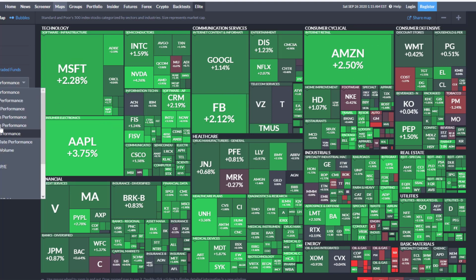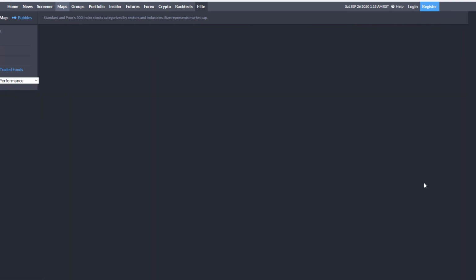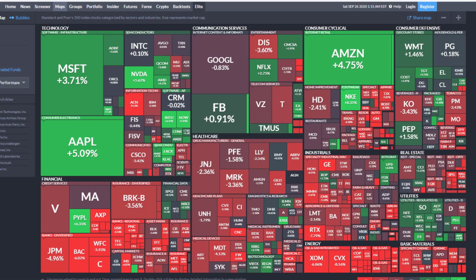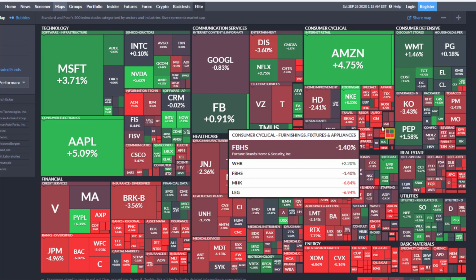When we select on the heat map though, what happened over the last week, things become a little bit different. So we actually had an increase in Microsoft, Apple, and Amazon, but a decrease in Google and barely flat on Facebook. So really across the board, if you actually look at the S&P 500, it's been weaker than the Nasdaq over the last week. Overall, almost every sector was down except for utilities and some of those FANG stocks and tech stocks that have been bought pretty heavily. And we expect this to probably continue unless the market makes a series of higher highs. And we'll talk about that in our technical analysis very soon.